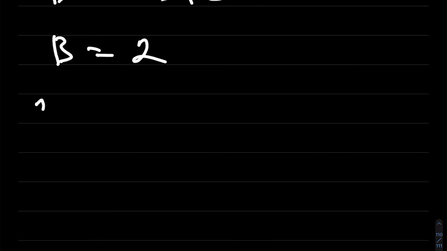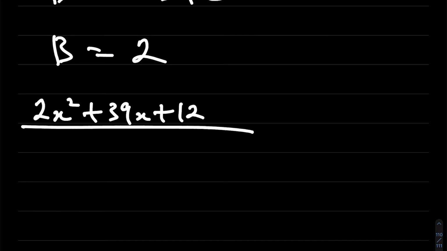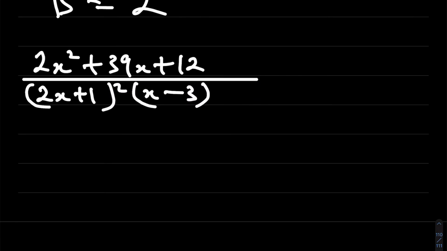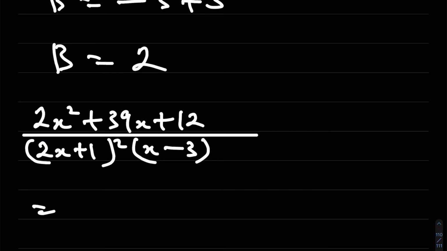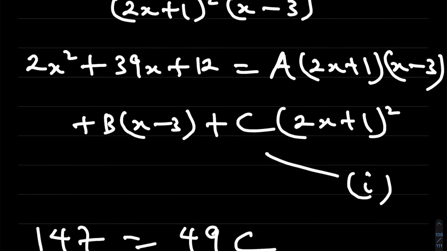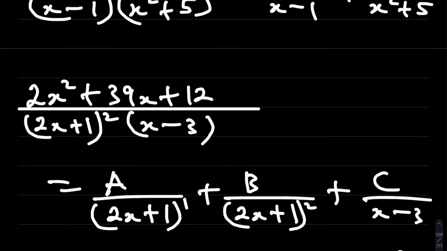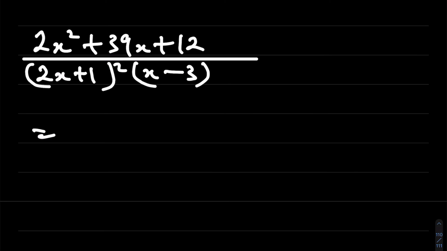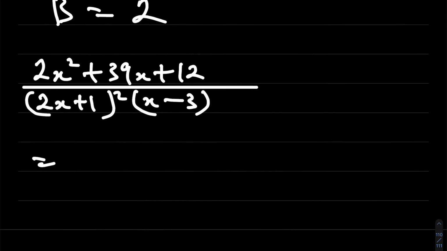2x squared, that simply means 2x squared plus 39x plus 12 all over 2x plus 1 squared times x minus 3 is equal to A over, let me see the denominator. The denominator is 2x plus 1 all squared times x minus 3. Okay, that's correct. So that will be A over 2x plus 1, which simply means minus 5